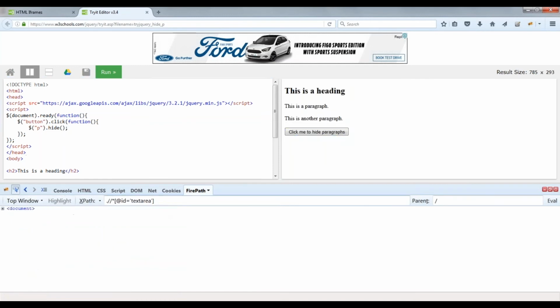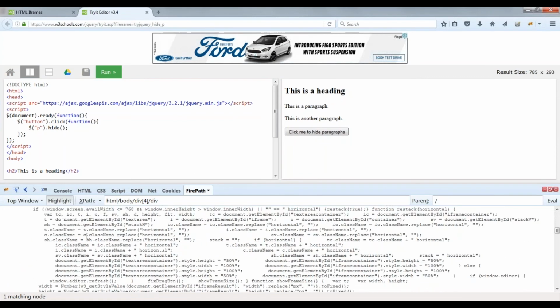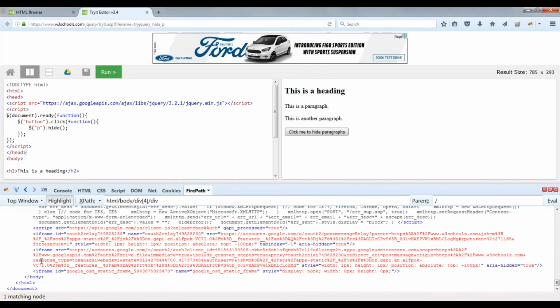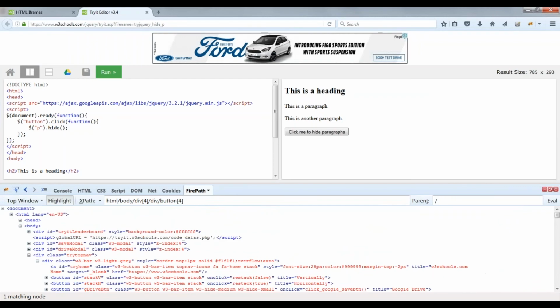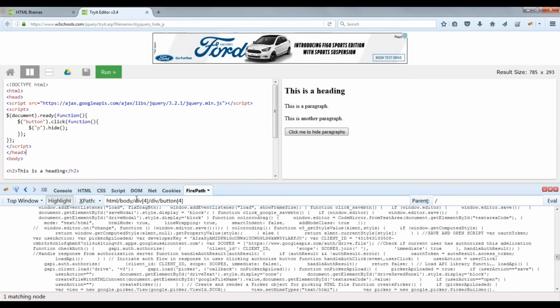Otherwise, what you do, you just click somewhere nearby and then try to search for the iframe. So if I scroll down, there is an iframe here. There is an iframe here. So let me click here. You can search like this, or in my XPath just give iframe.